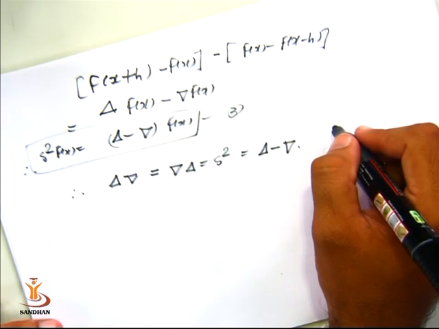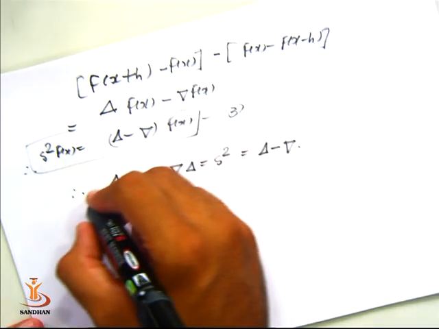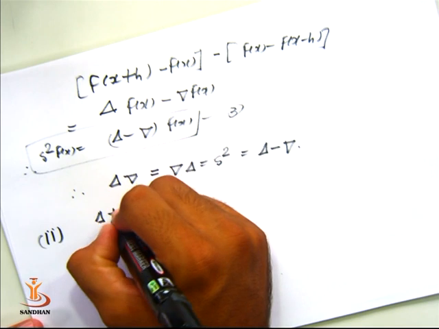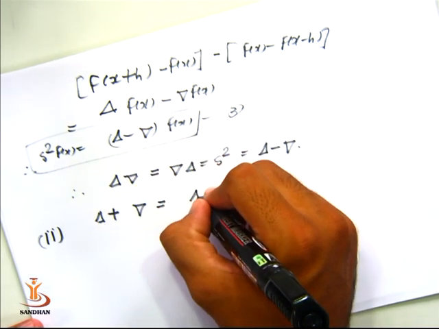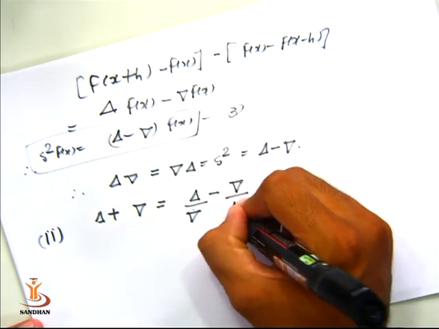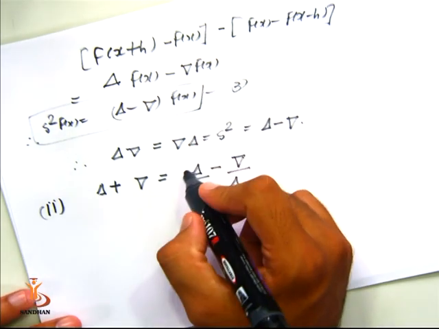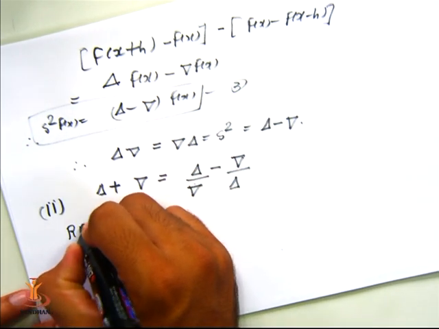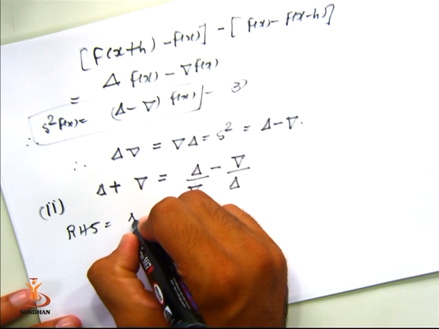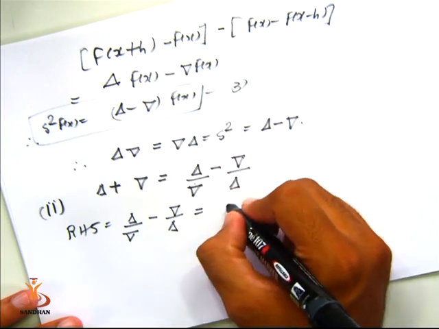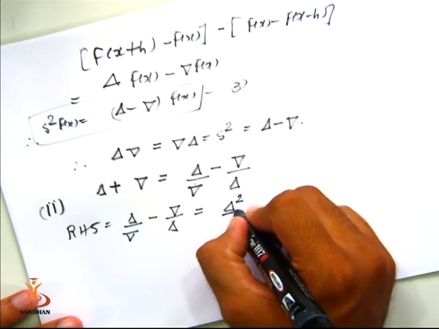So we have a few more examples to elaborate the idea properly. Our next example will be to prove delta plus nabla equals delta upon nabla minus nabla upon delta. So here we have some more options to work on the right hand side, so we will start from the RHS itself. RHS equals delta upon nabla minus nabla upon delta equals delta squared, if you take the LCM as nabla